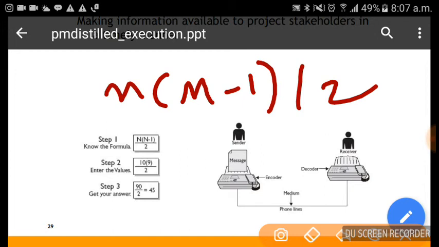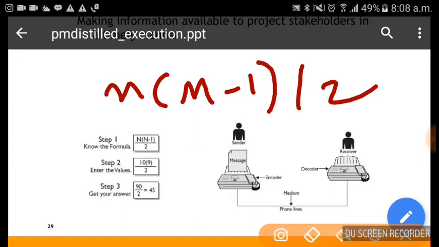When the team size increases, the communication channels increase, and there is always room for miscommunication. So if n is the team size, we'll have n into n minus 1 by 2 communication channels.